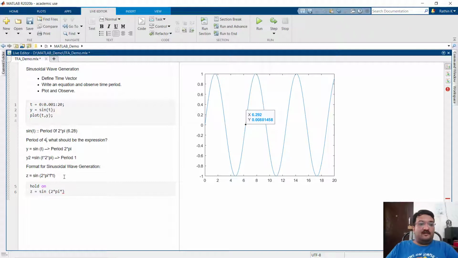Period of 4 means in 20 seconds it will get repeated 5 times. So the period is 4 seconds, which implies that it repeats after every 4 seconds, right? And which means it has a frequency